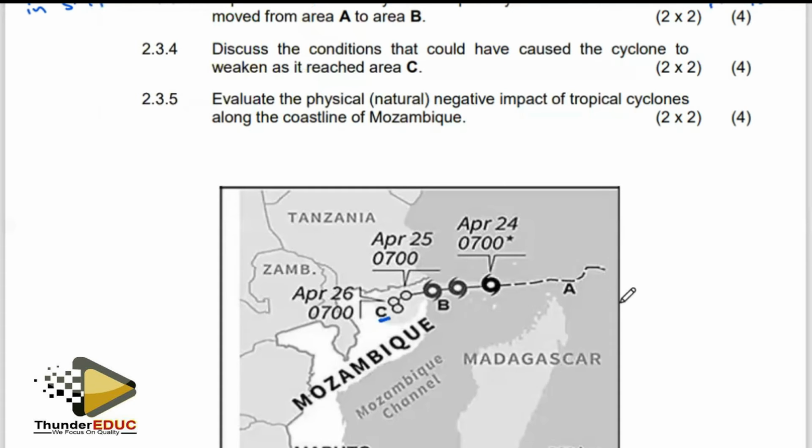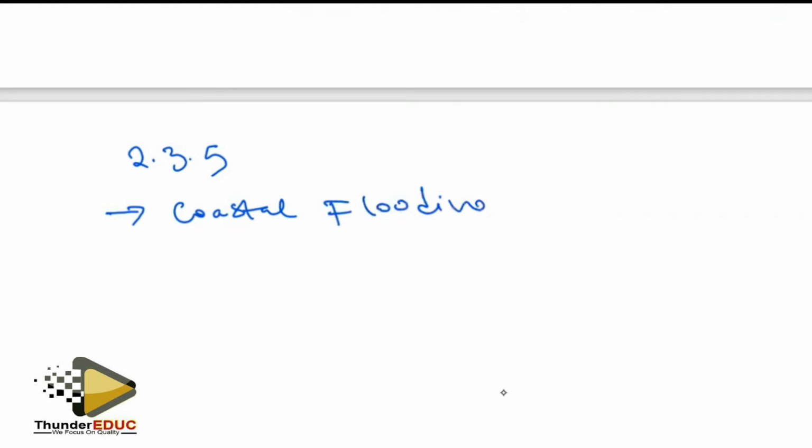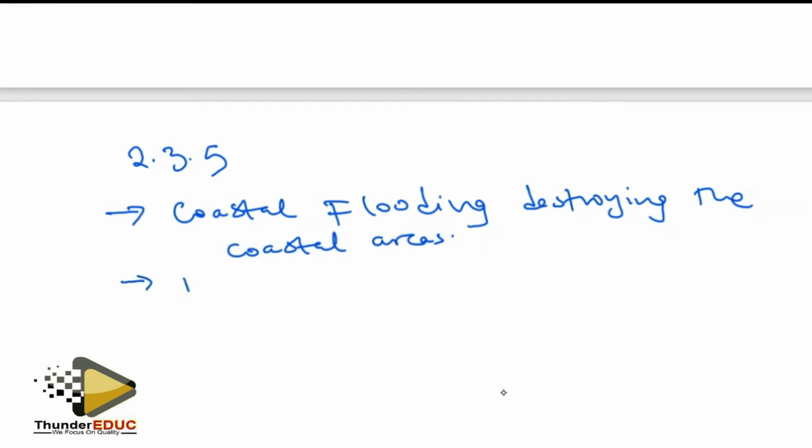The negative impacts cause coastal flooding, destroying the coastal areas, which results in